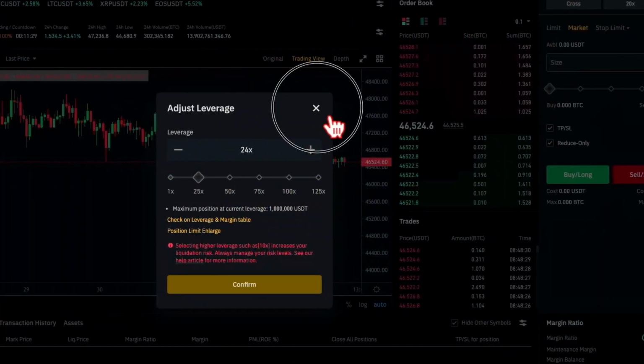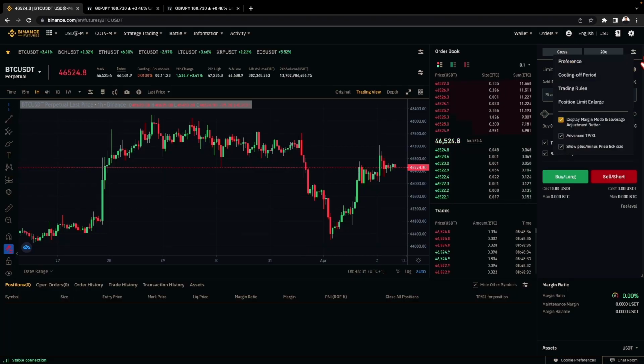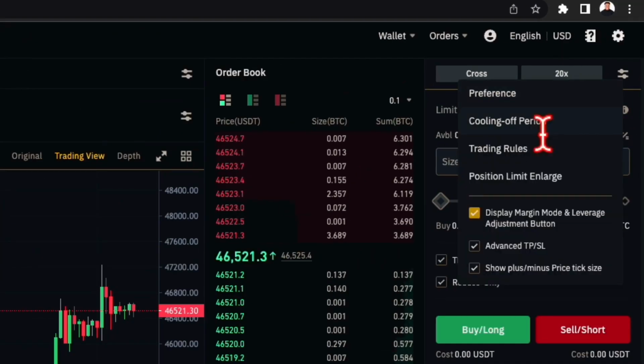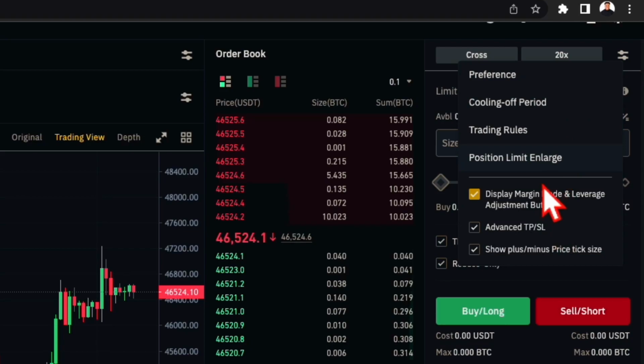If you make a profit, of course your profit will be exaggerated, and if you make a loss, it will wipe away your $1,000 as early as possible. So that's the problem with leverage. It's also a good thing, which is also a bad thing. If you click here, we have some other preferences that you may prefer based on trading rules, based on take profit, stop loss, and different things that's here. So depending on the one that works for you.